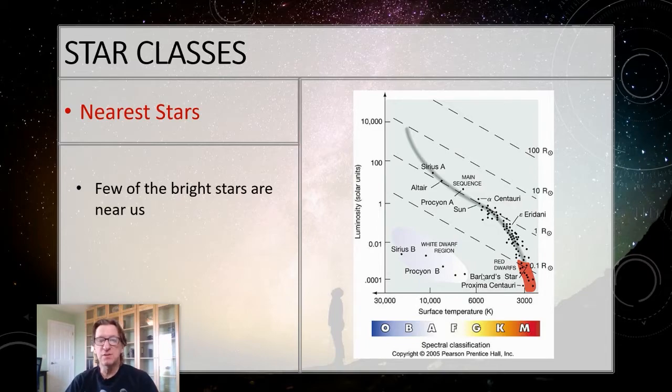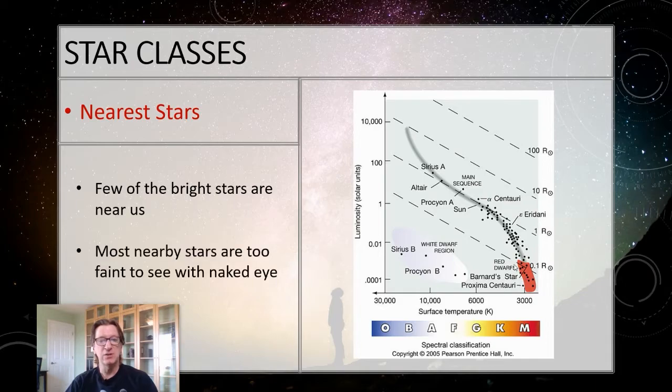But most of the stars are actually M-type stars. And most of the stars that are nearby to you, you can't even see with your naked eye. How weird is that? The closest stars to us, the ones in our solar neighborhood here, are so dim you can't see them at all. So Proxima Centauri, for example, is way down here. Barnard's star, which is one of our closer red dwarf stars, is over here. So this is most of the stars in the universe, we think. Most of the stars in the universe are going to be these G to M type stars. See if that makes sense.